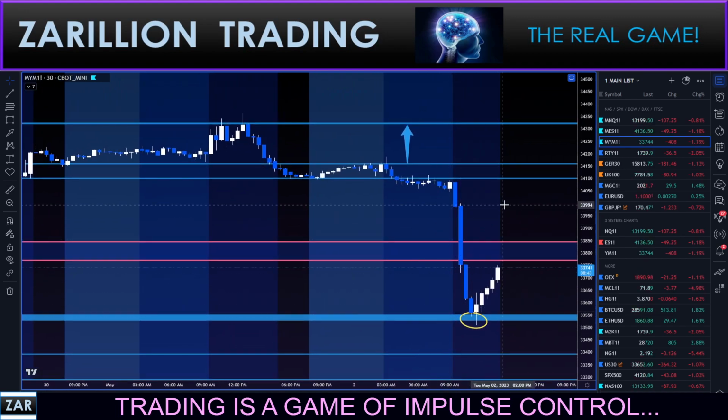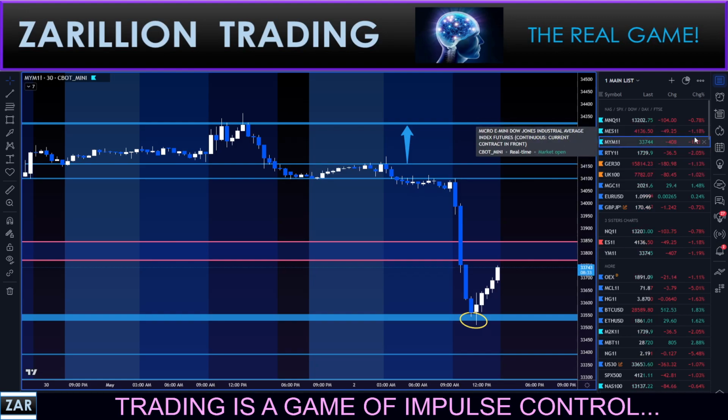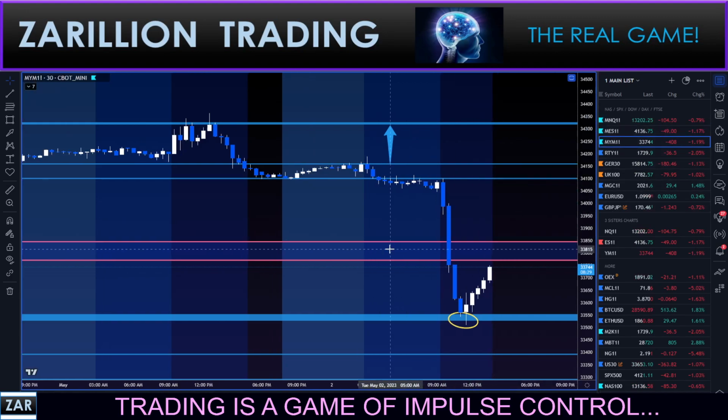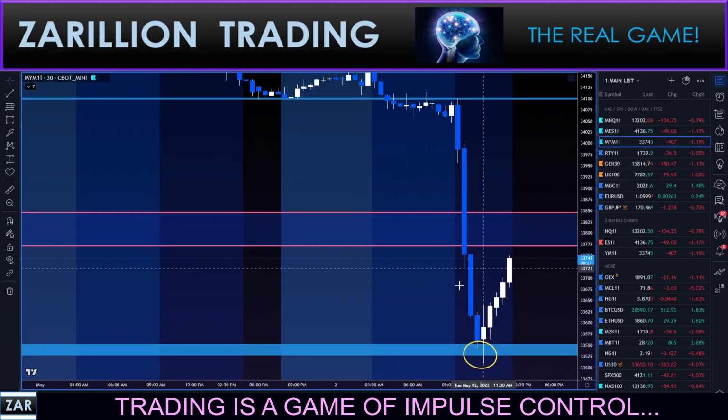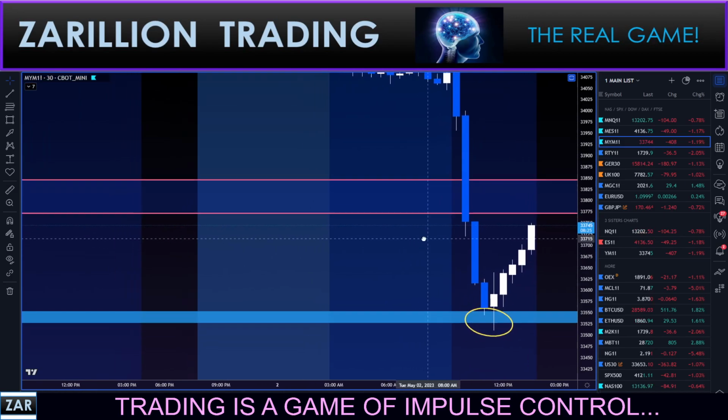Dow now behaving the weakest out of the three, not the Russell. I'm going to ignore that. But down 1.2. Actually, the S&P is also down exactly 1.2, 1.17. So it's not exact, but close enough, and only 80 basis points on the Nasdaq. So this is an interesting rebound, to say the least.